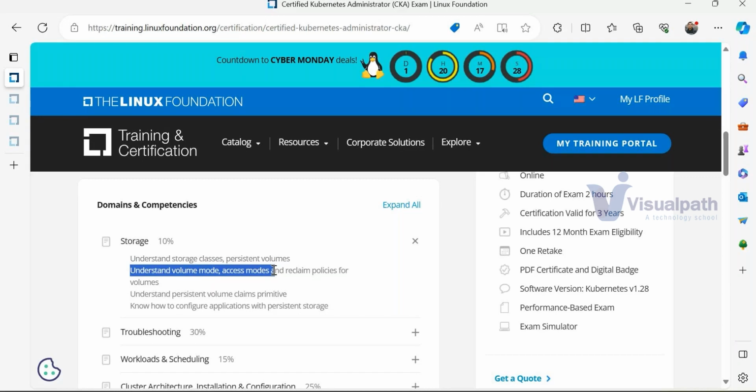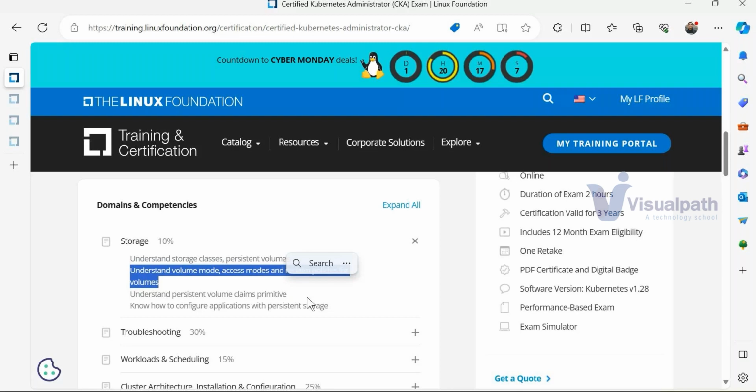So there are a few more access modes. Access modes are nothing but ACLs, access control lists, and then I can enable read or write or whatever access I want. And then we can enable some reclaim policies also, right? So we can enforce some policies because it's my data, I want to protect it. All that we will be learning over here, all right?